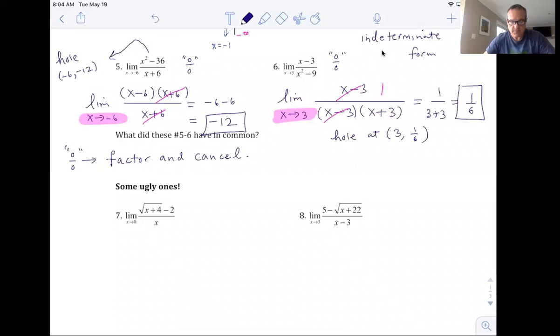Okay, this is our second video working through this worksheet on limit theorems. And we just completed 5 and 6, where we had rational functions and we ended up with 0 over 0, and we could factor and cancel to solve them. Now 7 and 8,